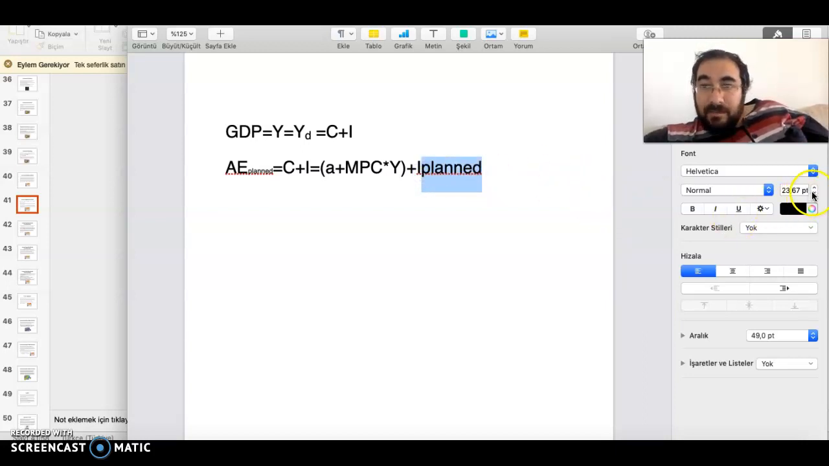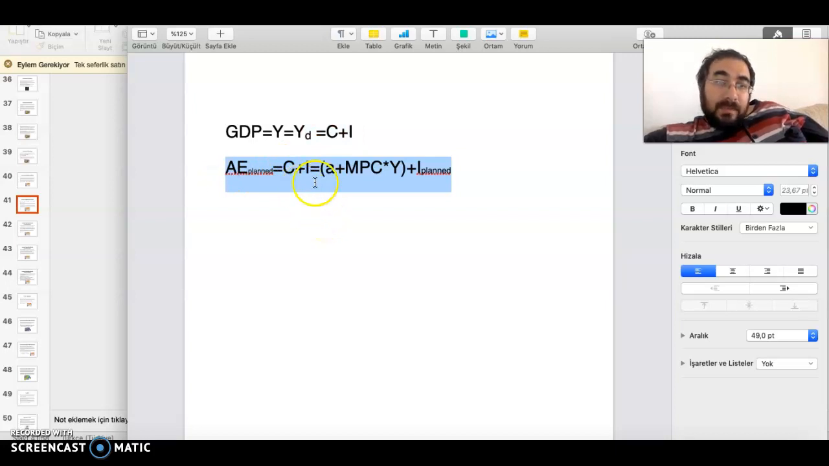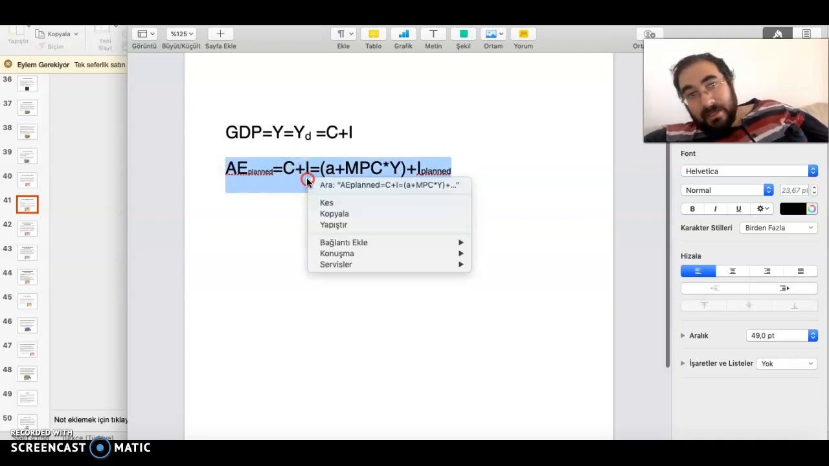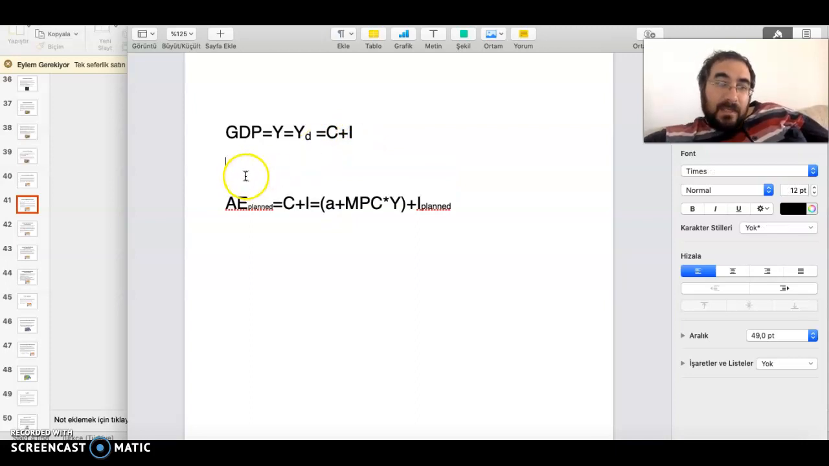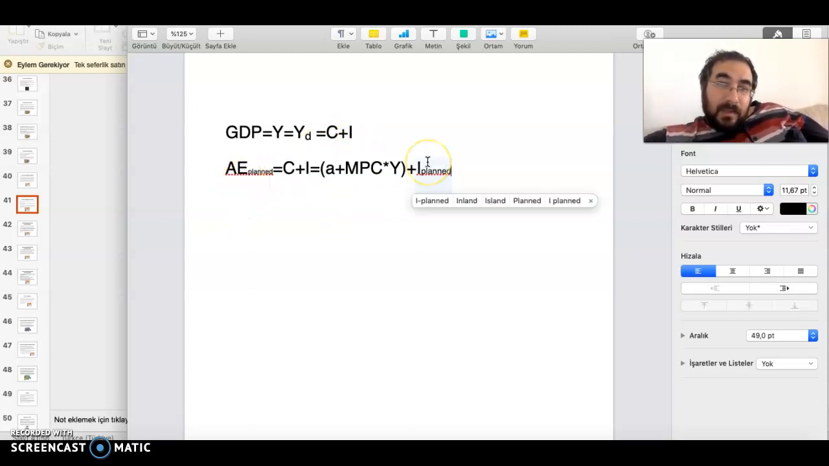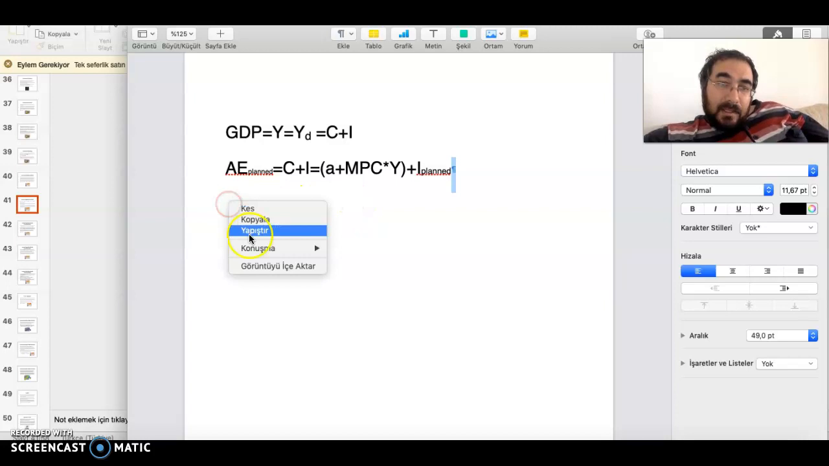So this is basically AE planned. AE planned is equal to C plus I, which is equal to A plus MPC times Y plus I planned. This is the planned aggregate expenditure. The actual aggregate expenditure will be basically like this,